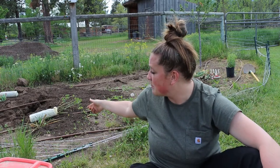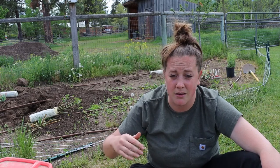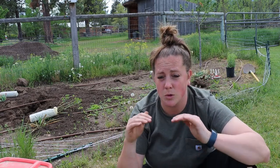Again, Biotone starter fertilizer. I'm going to take the plastic off and plant them at the crown, or a little below the level of the dirt, a little below the crown, just so that that crown isn't susceptible to rot. I know some people plant that crown underground, but these aren't